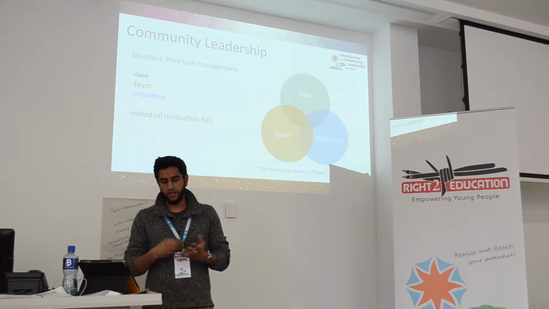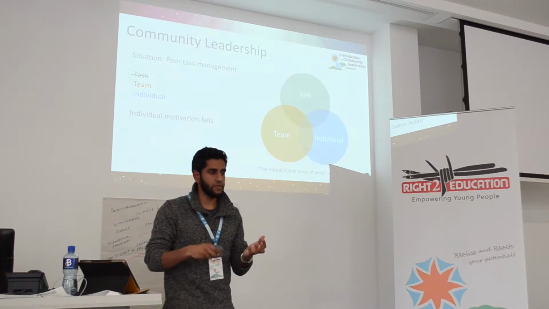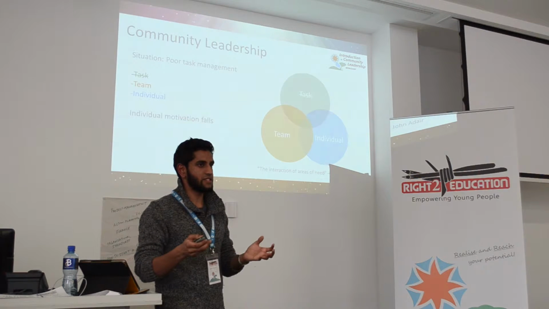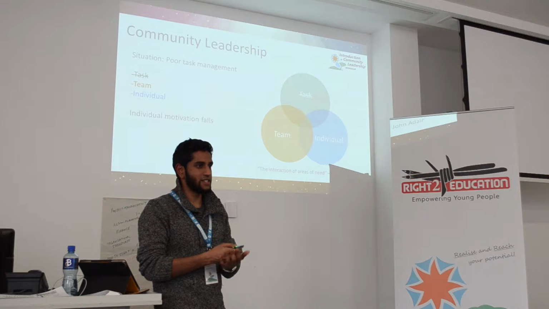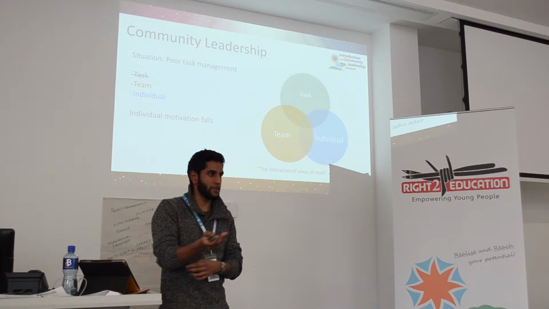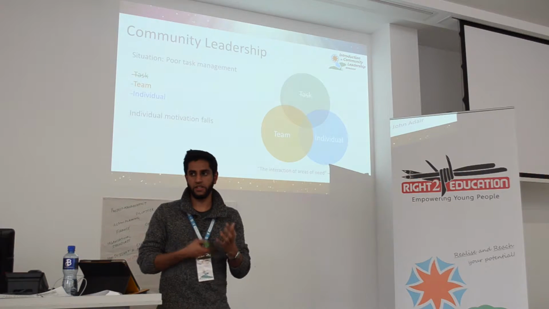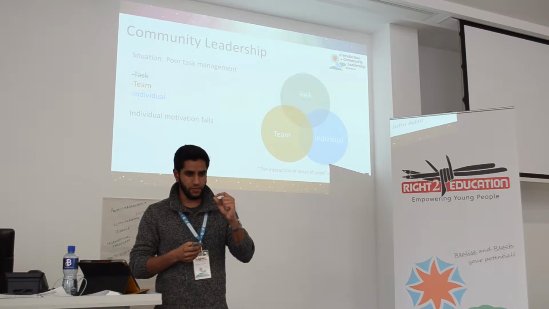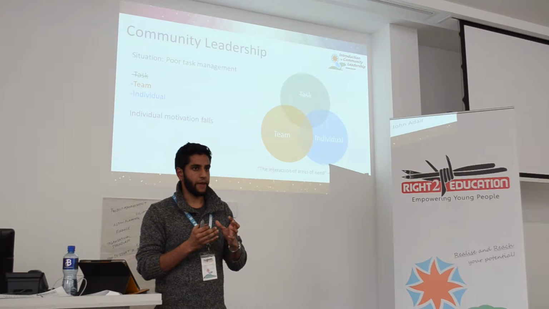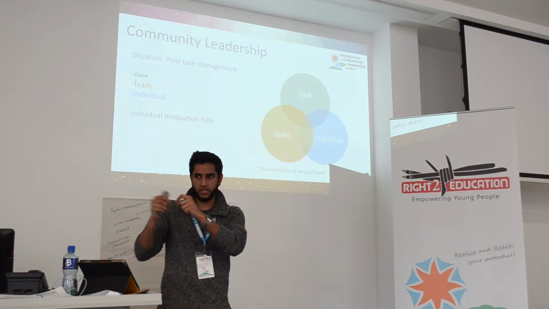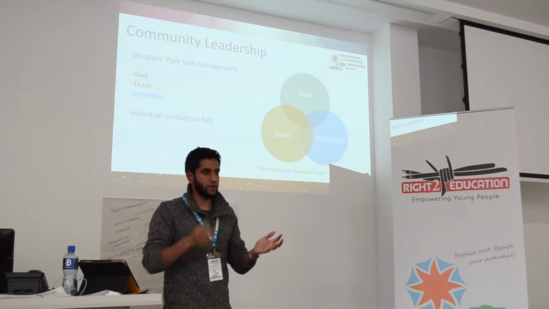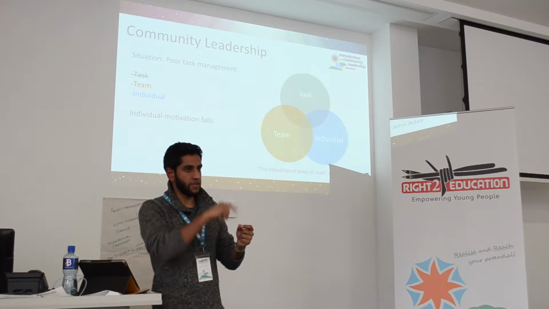What's going to happen? The individual motivation for something is going to fall. So let's pretend you had a project, but then for 7 months, the person who's supposed to be leading didn't give you any tasks. You're probably wondering what's going on. Then your initial motivation is going to drop. Every time you do a task and it's successful, you get a little fulfillment point. And if you don't have those little fulfillment points spread across the span of a year, or whatever project plan you've got, then motivation will drop. So